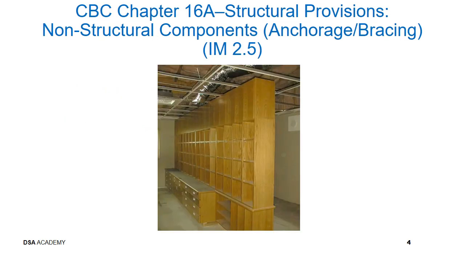This picture shows a tall and slender casework installed by the owner. This casework was not in the contract document. When you encounter such an item, you should bring it to the attention of the school district, the design professional in charge, and DSA. We can quickly discover some potential non-conforming conditions, such as this casework may not be properly anchored